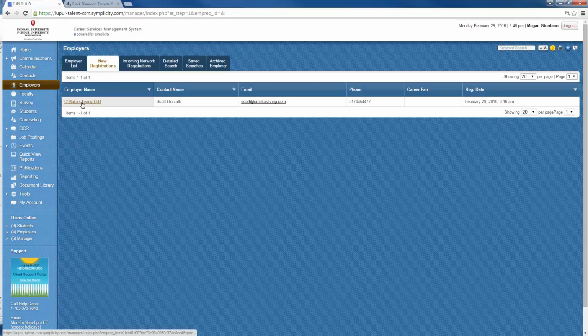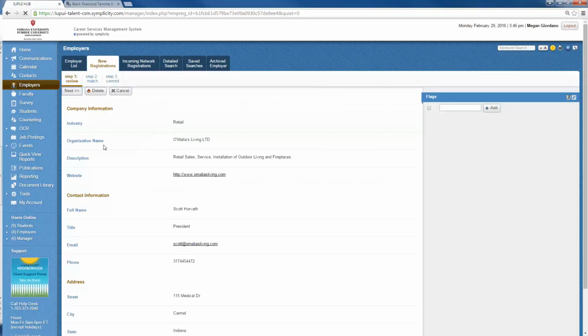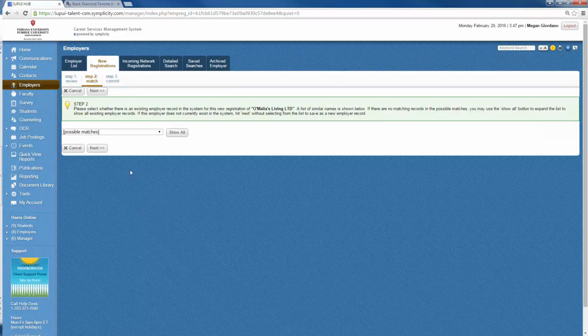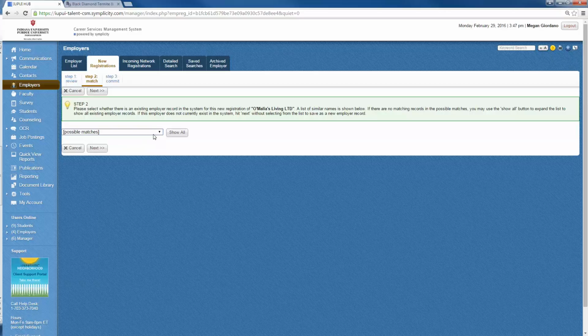And I'd like to go through this process one more time. Again, I've already checked O'Malia's Living, that this is not a fraudulent employer, so we'll go through this first stage quickly and look at the matching stage again. When I look at this, IUPUI Talent is registering an O'Malia's Living, but it doesn't have this LTD at the end, and I'm pretty sure that these would be the same company, but just in case,